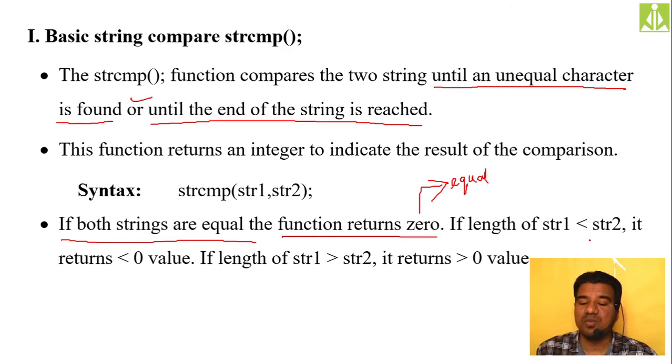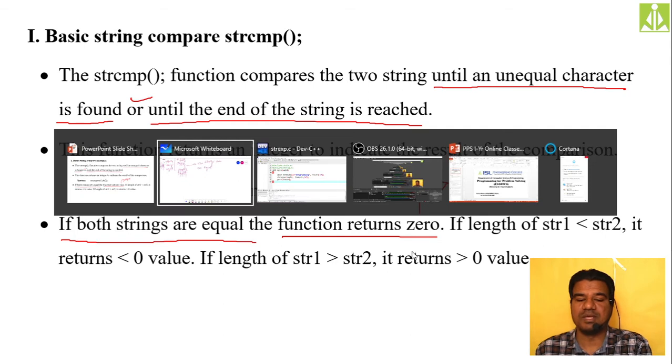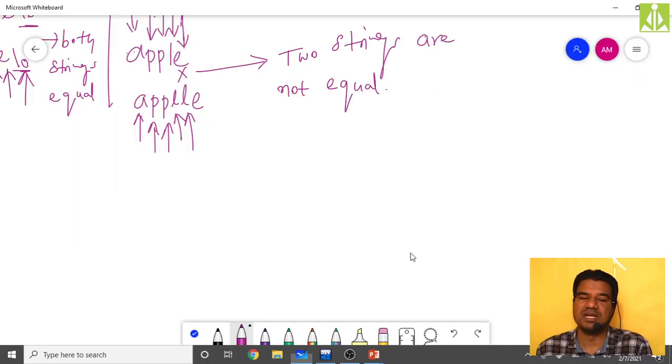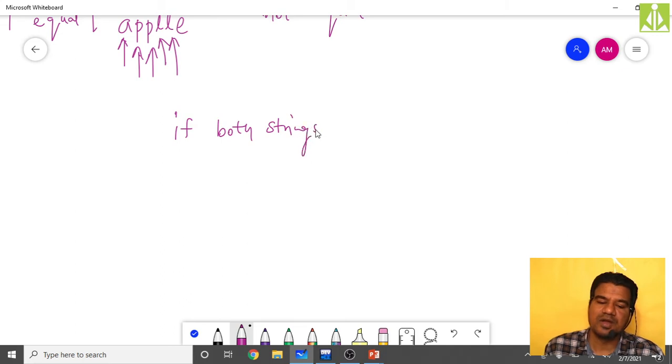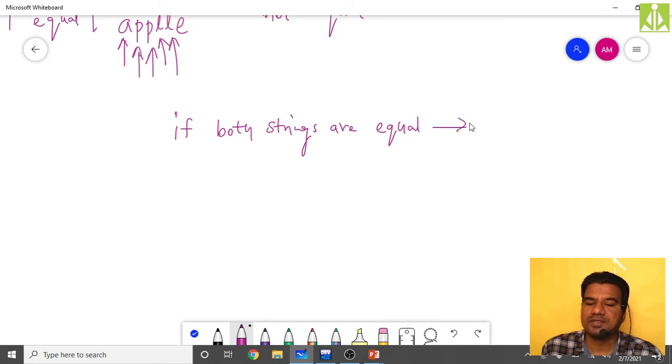And if string 1 is less than string 2, it will return a value less than 0. If string 1 is greater than string 2, it will return a value greater than 0. Basically it will return the difference. It is an advanced level concept, so simply remember like this. If both strings are equal, it will return 0.